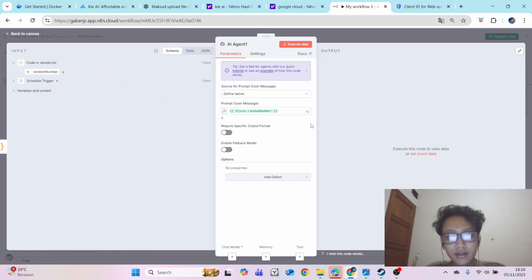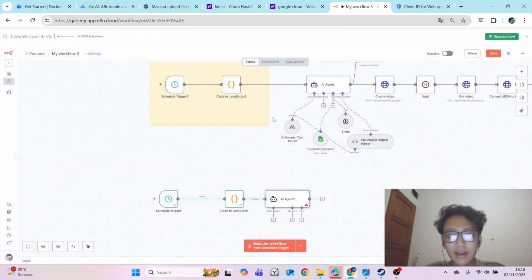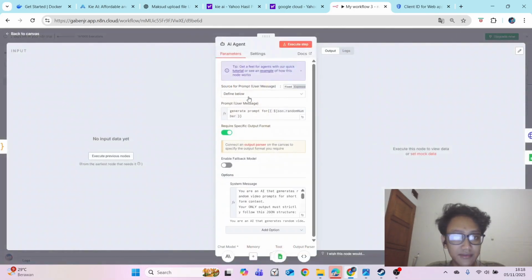Okay, so this is the workflow. So this is the setting, and I forgot the generate form.